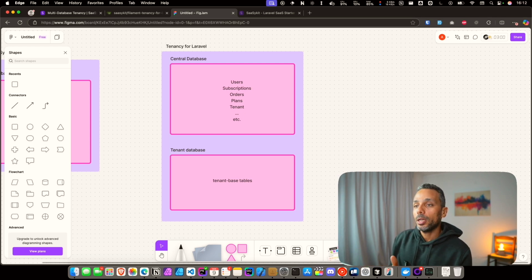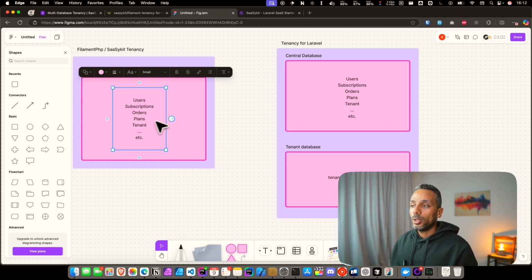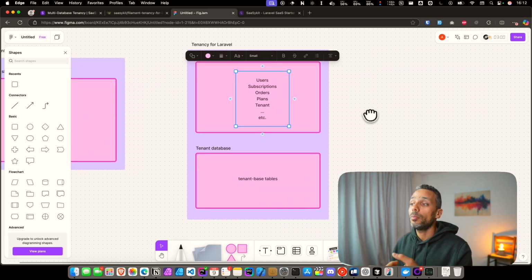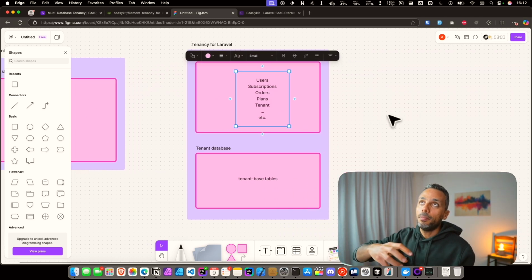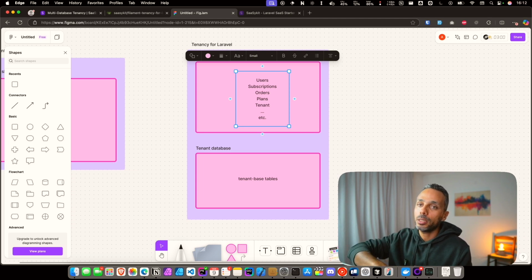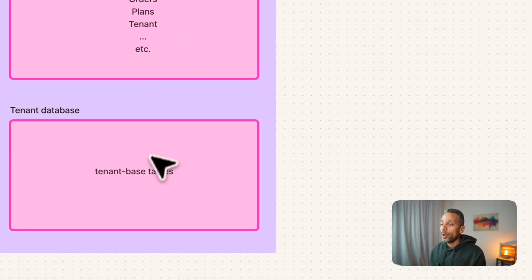And what will happen here is that we will keep the models that come within SaaSykit tenancy as is here, because these models are more about the management of the system, like plans, orders, subscriptions, and so on. So we will keep them as is, and we will keep them linked to the tenant by ID as is. But in addition to that, there is another way we can store